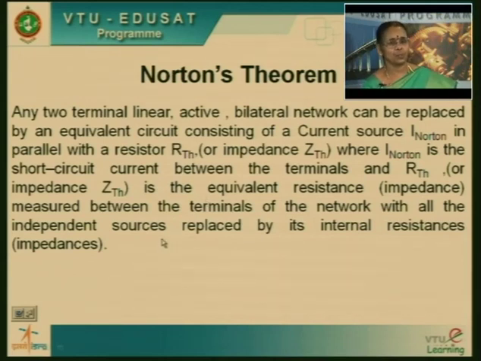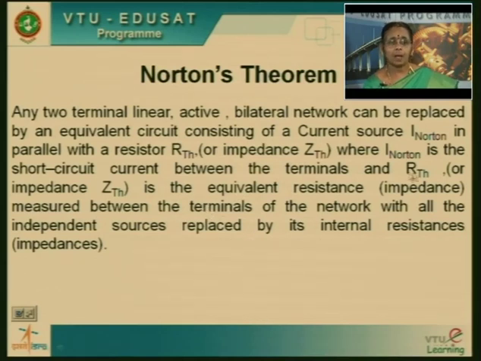Like in our source transformation, if you convert a voltage source to a current source, the voltage source value will be converted into a current value, but the series resistance will become a parallel resistance. Similarly here, the value of this resistance doesn't change. So whether you solve it for Thevenin's theorem or Norton's theorem, the calculation of this value remains the same. It's not going to vary. The only thing that changes is the circuit representation, where you connect a current source in parallel with a resistance in case of Norton's theorem,